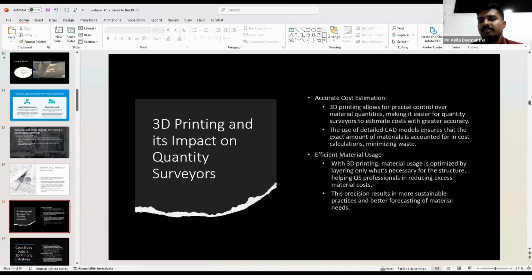So as we know, we are assuming the normal staff for using that kind of technology. According to that, when we are using 3D printing, as a quantity surveyor, we can easily mention the cost estimation, right? So as we know about the normal structure, we can continue that, right? So 3D printing allows for precise control over material quantities, making it easier for quantity surveyors to estimate cost with